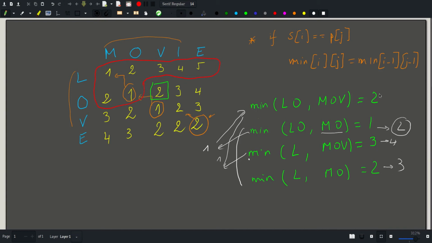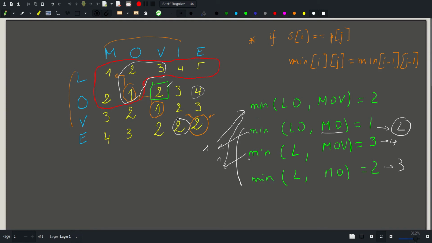which is gonna be 2. So as you can see here, for all values that are not in the intersection of 2 matching letters, all these values are just the minimum of these 3 values plus 1. So 2 is the minimum of these 3 values, which is 1 plus 1 gives us 2. This 4, for example, is the minimum of these 3 values plus 1, which is 3 plus 1 gives us 4. This 2, for example, is the minimum of these 3 values plus 1, and that's actually 1 plus 1